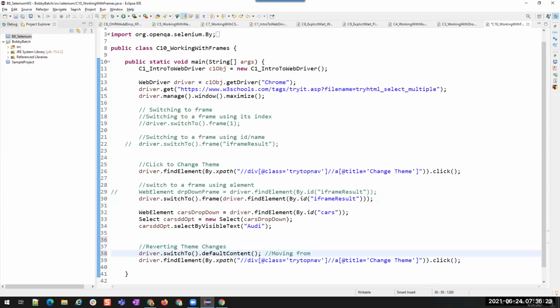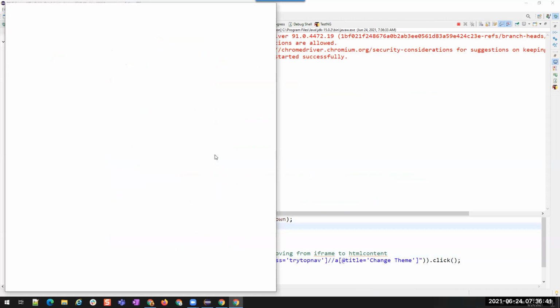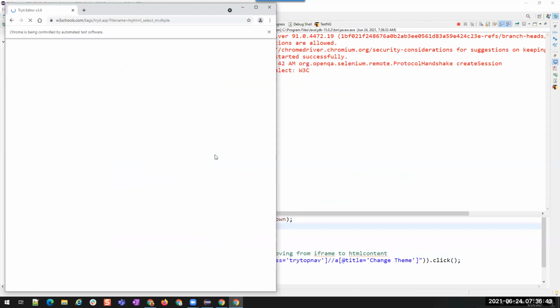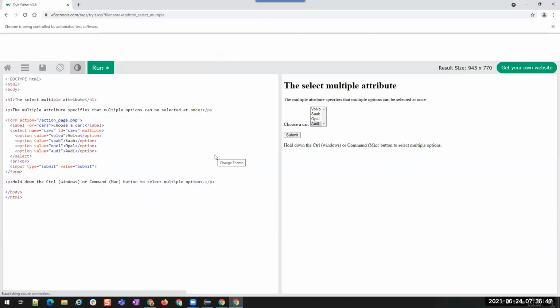Moving from iframe to HTML content. Okay. Now let me run this and show it to you. It will work. Already selected.